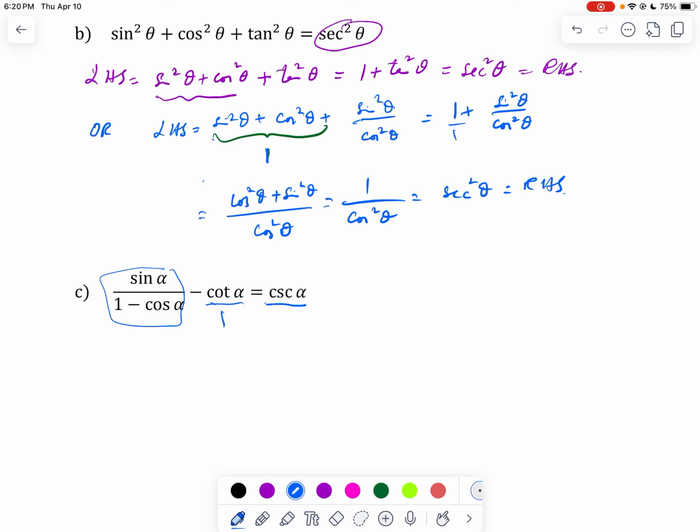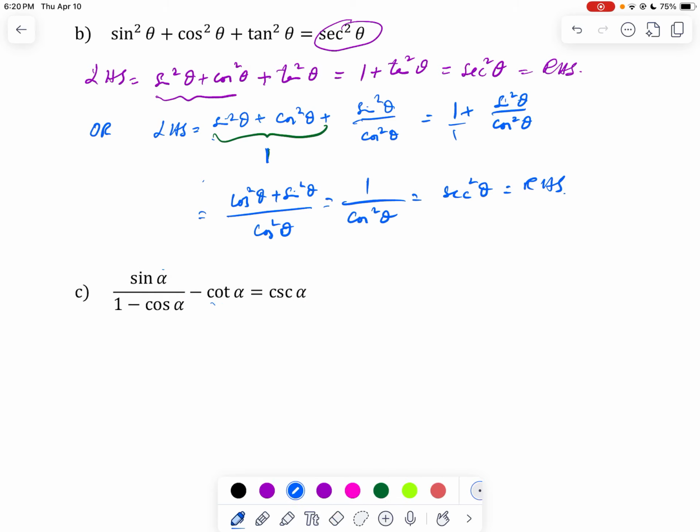That you should try to take the common denominator. So we'll start with the left hand side and